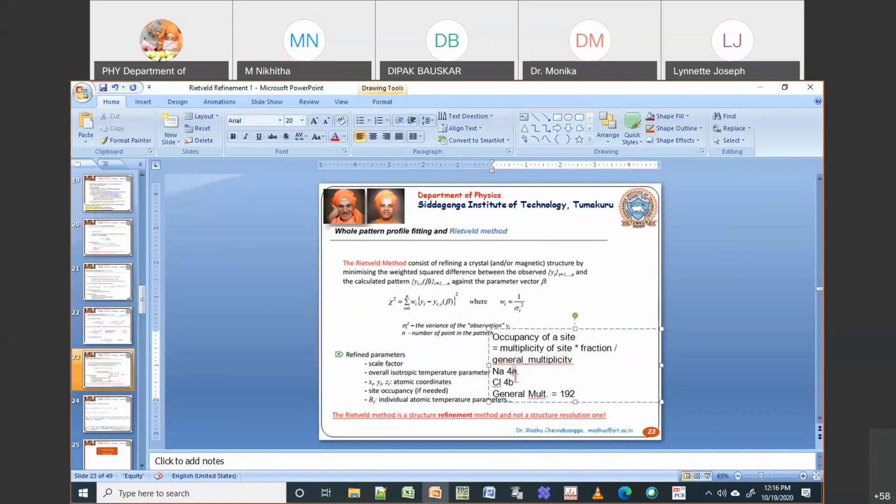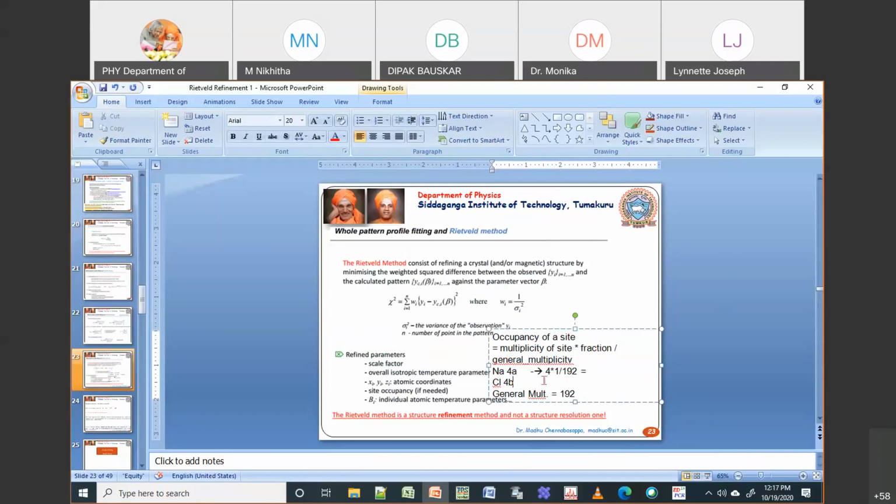Now if I want to know the occupancy of Na, you forget about a, b, all those things. You just put for Na something like 4 into fraction. As our case is NaCl, Na is 1, Cl is 1, so the fraction is 1, divided by 192, the general multiplicity.